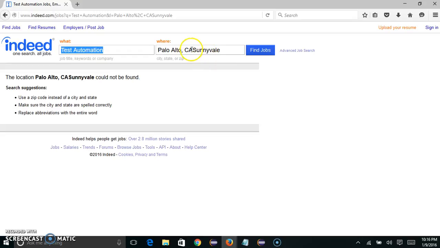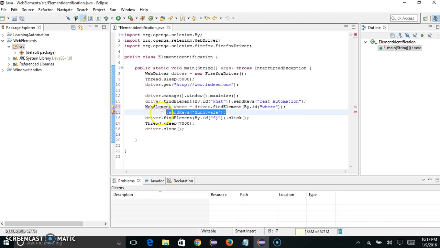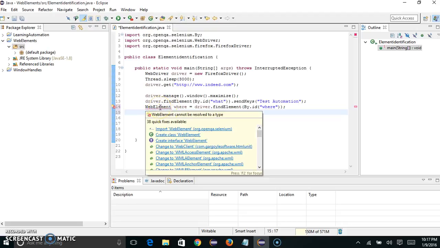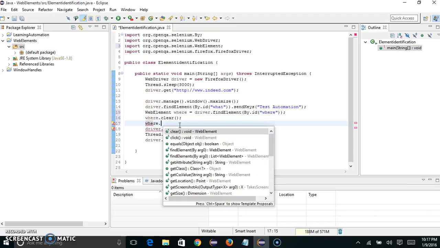Okay, so here the thing is, first we need to clear the default value. So here what I'll do, I'll take that in some WebElement variable, where I'll take this value in here. This will return a WebElement, and instead of passing, here I took that ID, right? Then okay, we need to import this as well. Then where.clear, I clear that value, and then where.sendKeys, Control V,